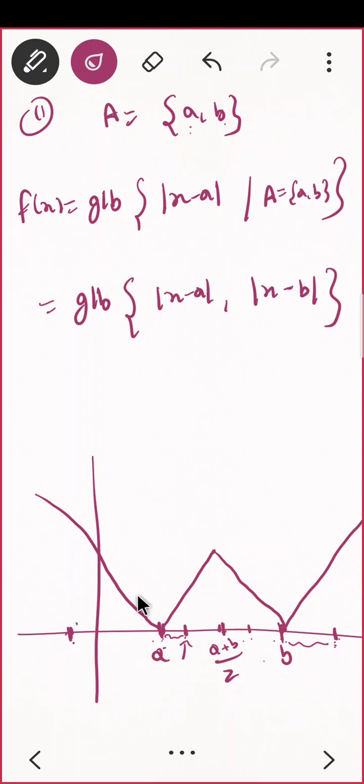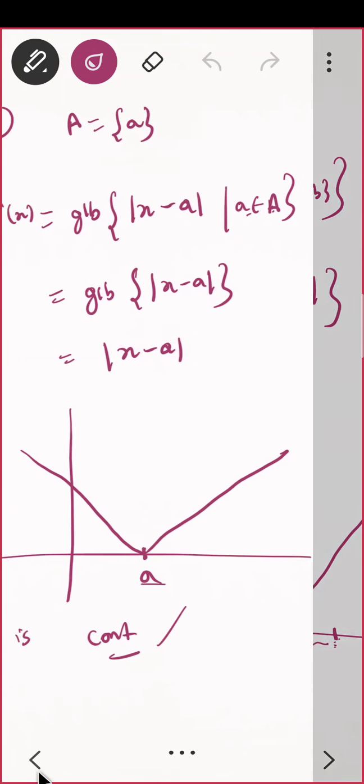So this is the graph, and you see that this is also a continuous function. Is that clear to you? Is the graph clear? This will be a midpoint. So if your number is here, so distance will be this, so it will be just point here. If your number is here, then it will be point here. So that's it. This is the graph. What about the third one? Third one was a closed interval, I think. If your E is closed interval A to B, then what do you think the graph is?